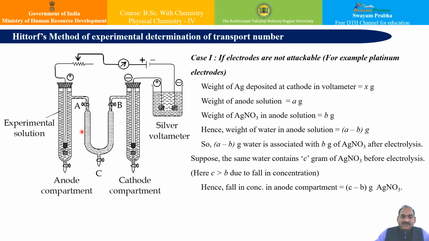Similarly, based on the same concepts of migration of ions, you can see here there are three compartments. We have arranged compartment A, compartment B, and compartment C, and using the same principle of the cases wherein we have considered when the electrodes are attackable and when the electrodes are not attackable, in these situations we have calculated the transference of particular ions, cations or anions, and we can calculate the transport number of the particular ion